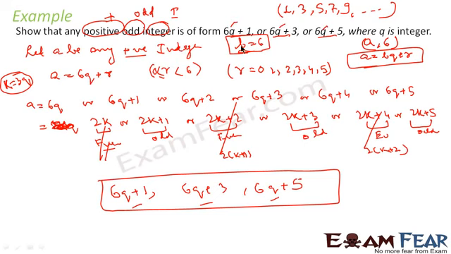Now since a is any positive number, and b is equal to 6, we can use this formula: a is equal to bq plus r. That is, any numbers a and b can be written in this form, a is equal to bq plus r, where r is greater than or equal to 0, and less than b. Thus we got values of r to be 0, 1, 2, 3, 4, 5 because b was 6, and thus we can say a is equal to 6q plus 0, or 6q plus 1, 6q plus 2, 6q plus 3, 6q plus 4, 6q plus 5.